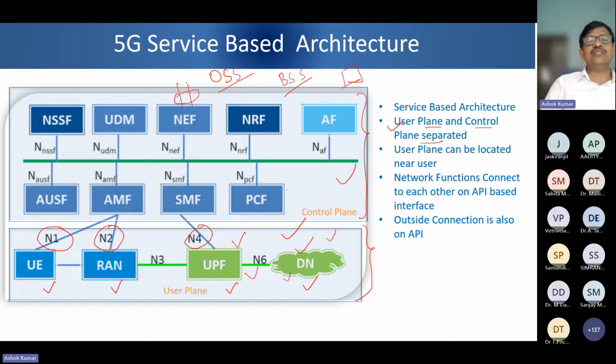So all these OSS, BSS, and other third-party services can connect to the 5G network through NEF using the API interface, Application Programming Interface, HTTPS or REST API, if you have heard about RESTful API. The other thing which has happened,